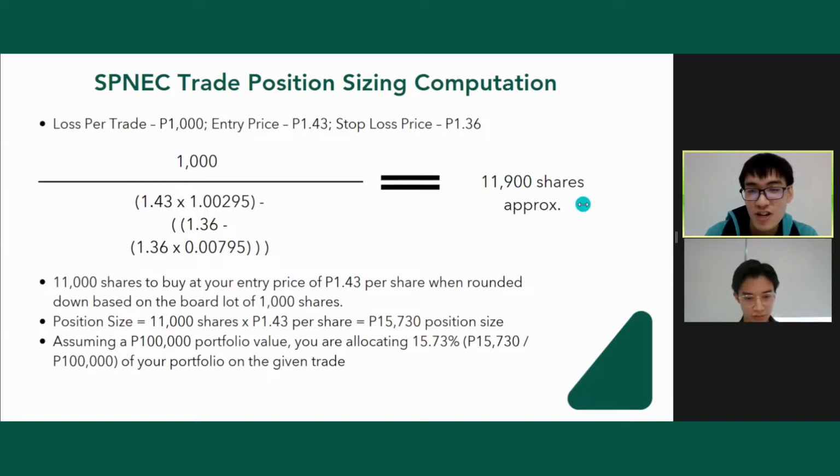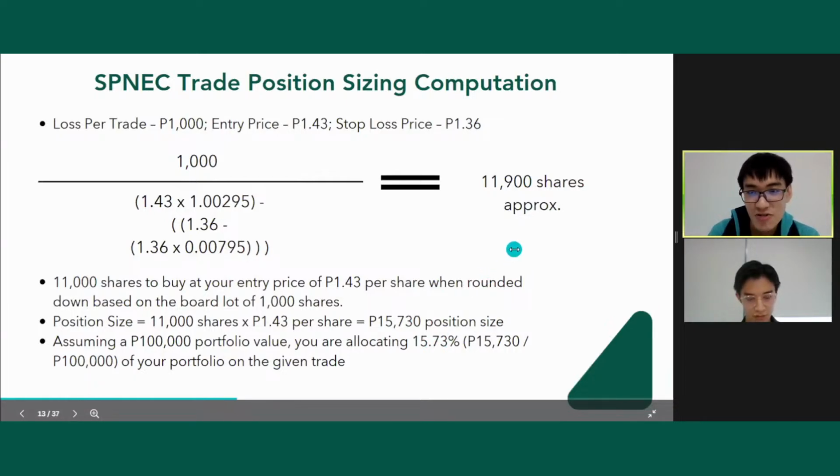Pero as I said, you have to adjust for the board lot, di ba? So for this naman, the board lot is 1,000 shares each interval. So you cannot enter 11,900 shares. So gagawin mo is i-round down mo na lang siya. So from 11,900 shares, magiging 11,000 shares na lang that you can buy. So that times 1.43, you get 15,730. And assuming a 100,000 peso portfolio value, you're only allocating